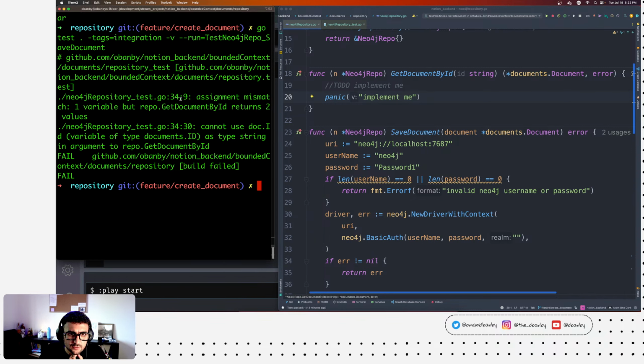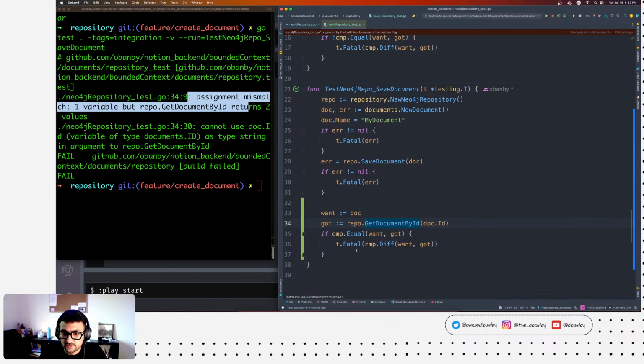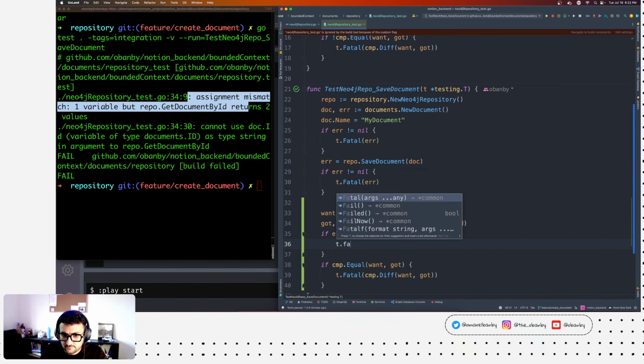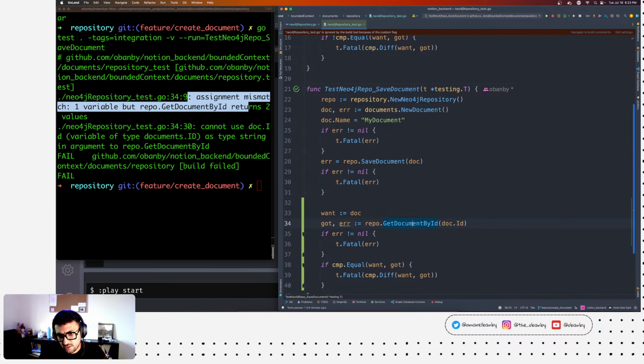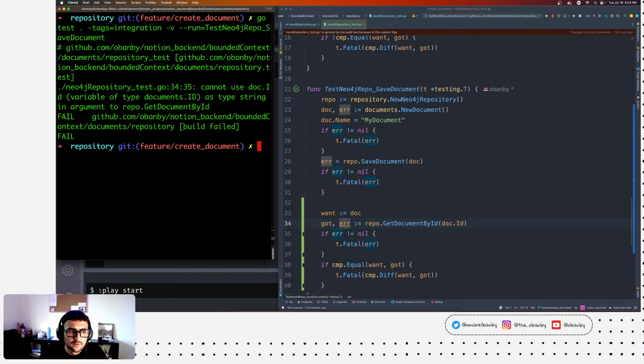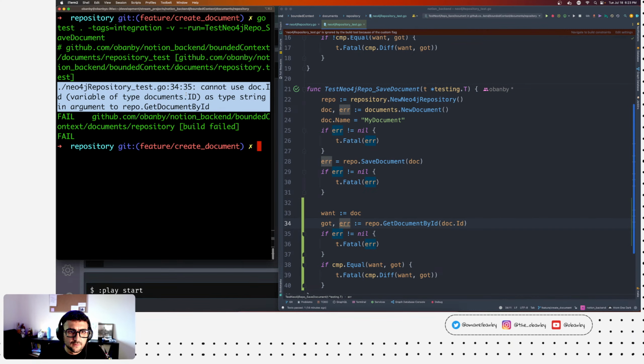One variable, assignment mismatch: get document by ID returns two values, right? So our test code is actually not correct. Get document by ID returns a document and an error. And what is it complaining about? Well, I guess we're good. Right, so doc ID here is of type ID, and it is saying that you cannot use it as a type of string.